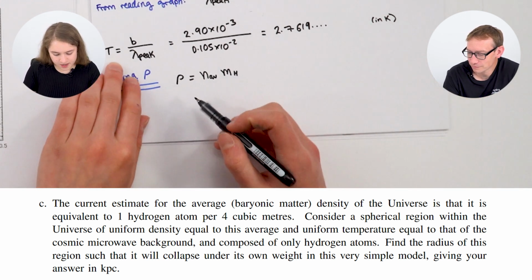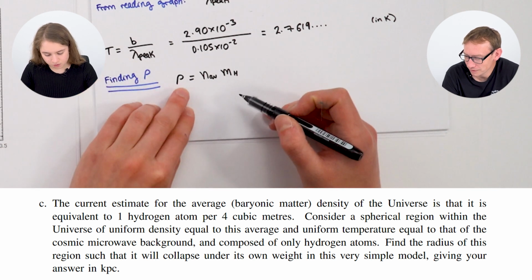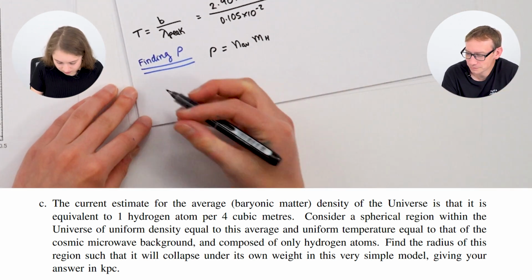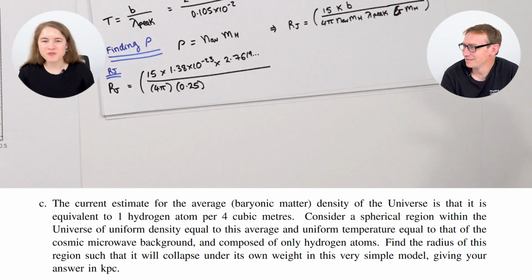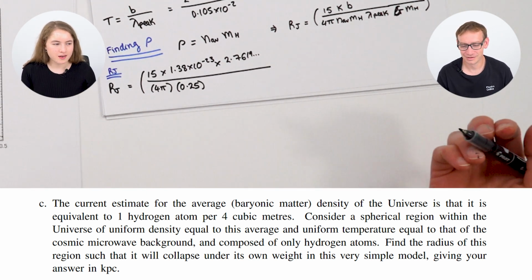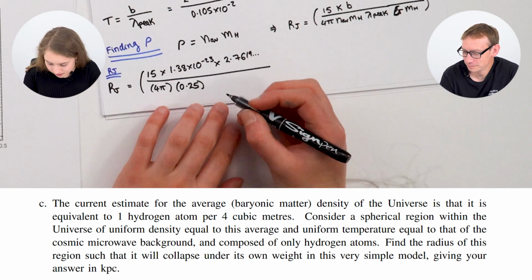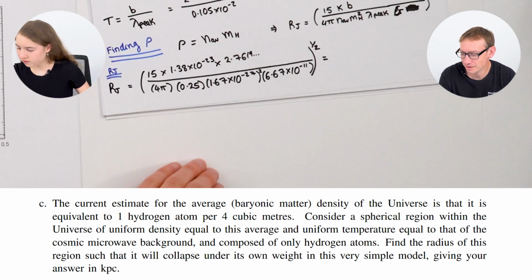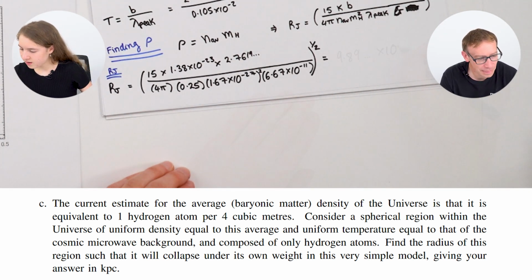Okay, so now we have T in terms of things that we know, and rho in terms of things that we know. So let's just go ahead and plug those into that formula. It's always a good idea to write out your entire symbolic final equation that you want before putting in numbers, because if you try to simultaneously substitute things and then also put numbers in, whenever you skip steps, it just makes it 10 times more likely that you might make a small mistake, which is not what anyone wants. So after we substitute all of that in, we get,